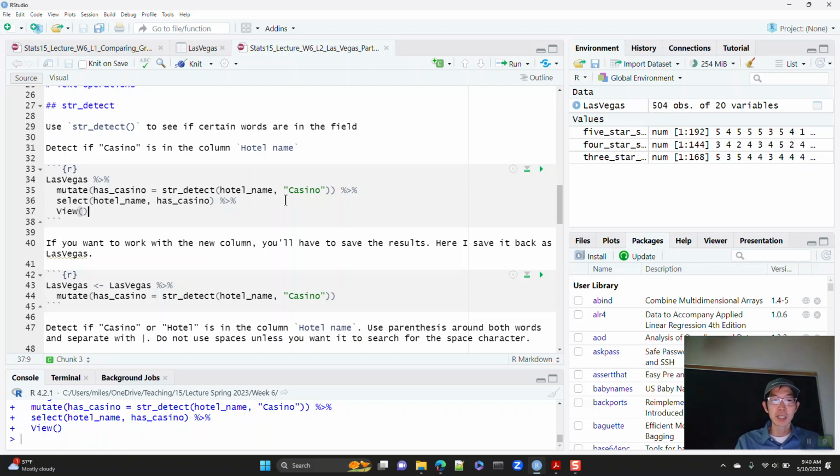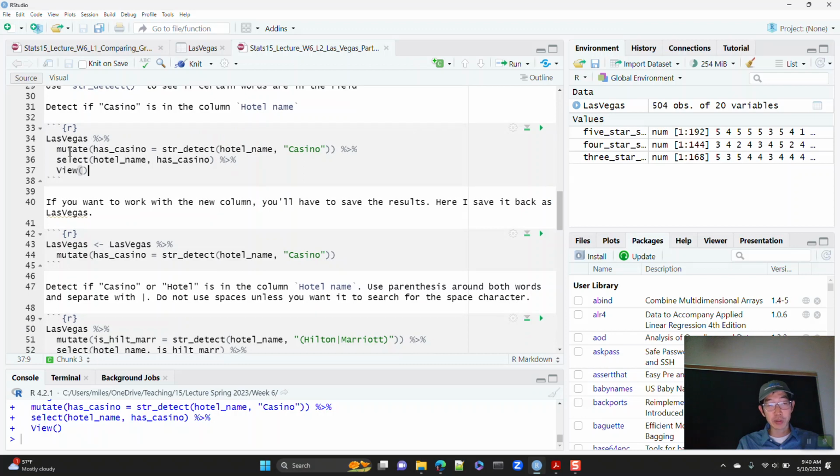Okay, so in this case we created a new variable, but here I just viewed it. If we actually want to work with it, we have to save this back. So right now my Las Vegas data set still has only 20 variables. If I want to add a new variable for has casino and store that back into Las Vegas, I have to do Las Vegas, mutate has casino, and put that back into Las Vegas.